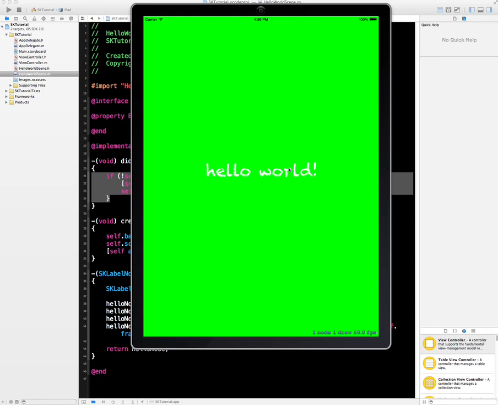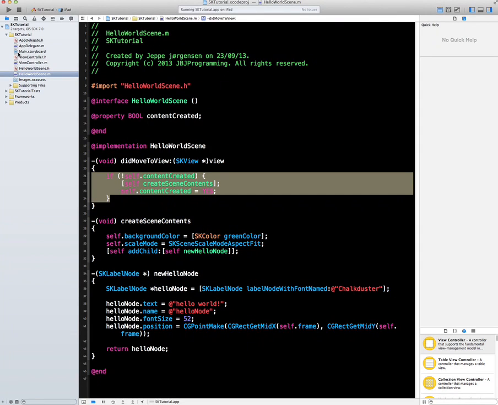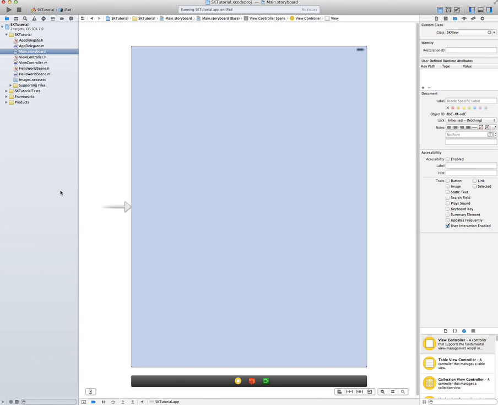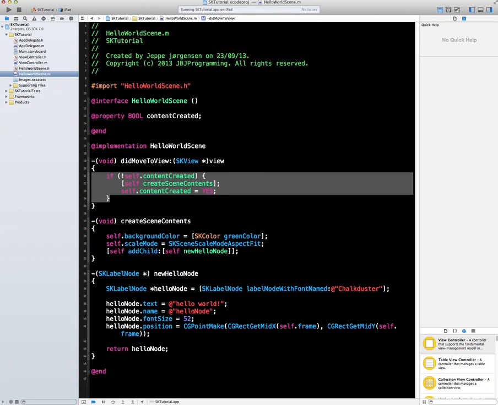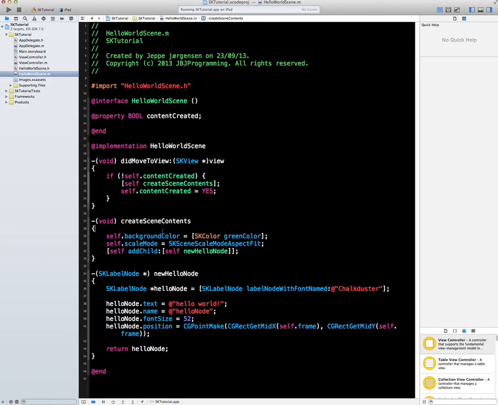So that's all very good, but it's a little boring. I mean, sure, we added a label, and we could have done that a lot faster in storyboard here, just by dragging in a label. So let's just play around with some of the power of the SpriteKit framework. And one of the great powers is something called actions. And if we go into the HelloWorldScene,